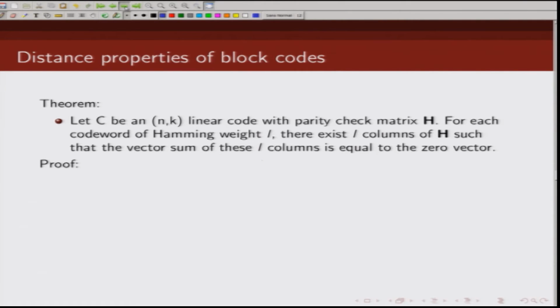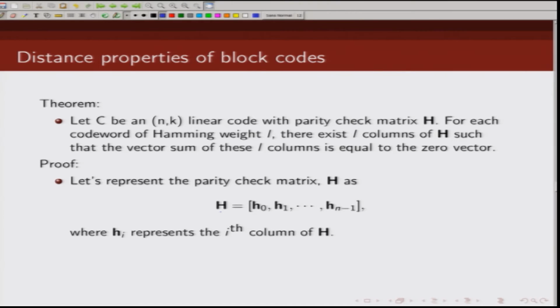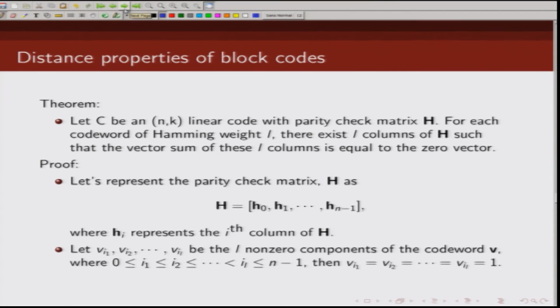So, let us prove this. Let us say we can write the parity check matrix in this form. Note, this is an n minus k cross n matrix. So, there are n columns which we are denoting by H0, H1, H2 up to H(n minus 1). So, Hi represents the ith column of this parity check matrix, and we said that for each code word of Hamming weight L. So, let us say